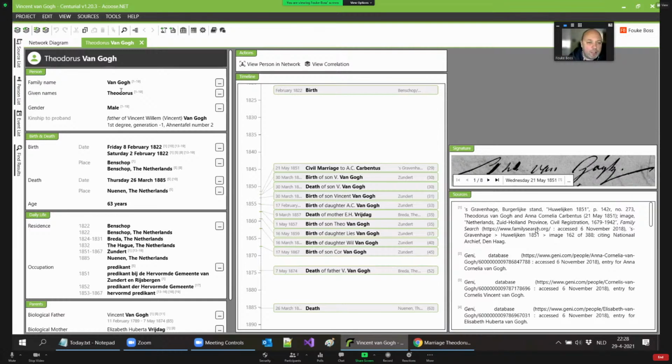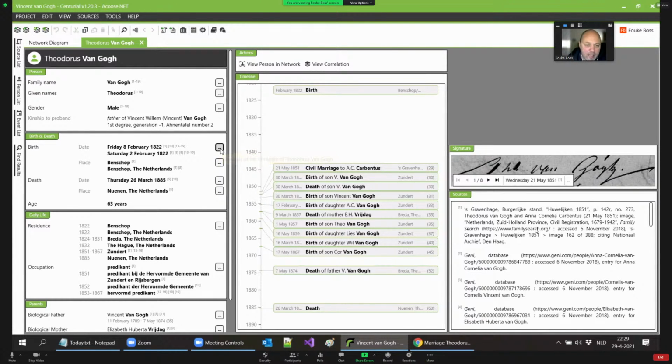So you see, Van Gogh is spelled the same everywhere, so that's looking quite okay. Something interesting is happening here at the birth date, as you can see. Apparently, somehow we have 2 birth dates, and that's one of the interesting features of, I think, any evidence-based genealogy software: it's no problem to have multiple conclusions. Well, it's a problem from a genealogical point of view, but it's not a problem for the software, at least. So let's see what happened here.